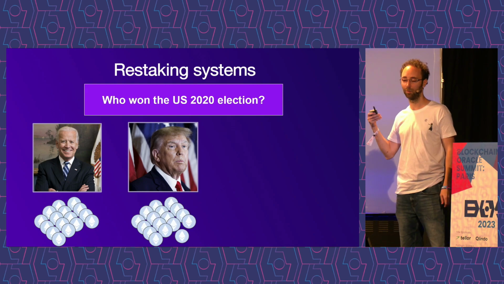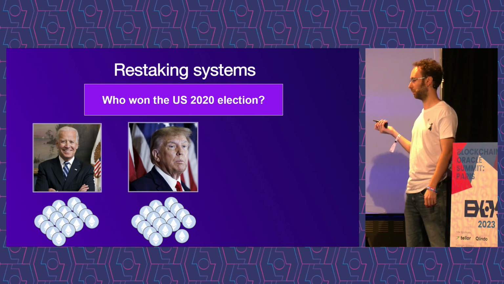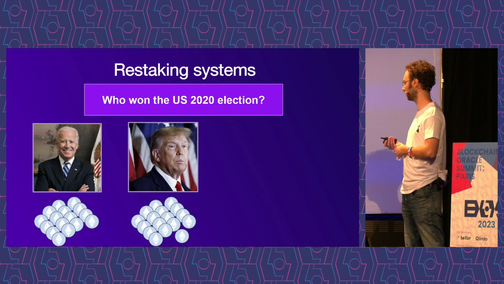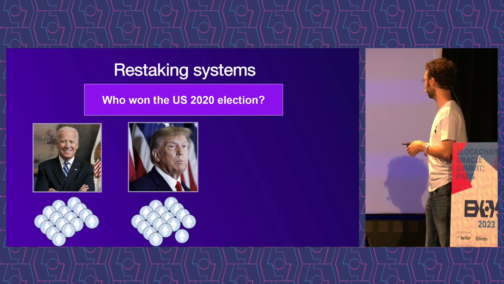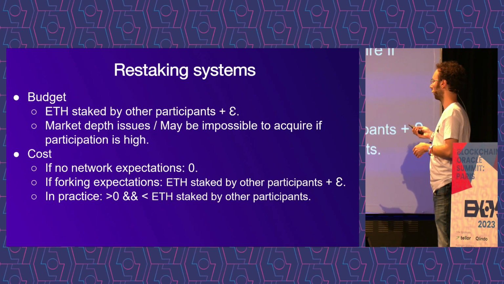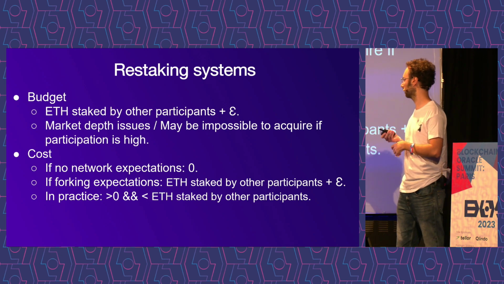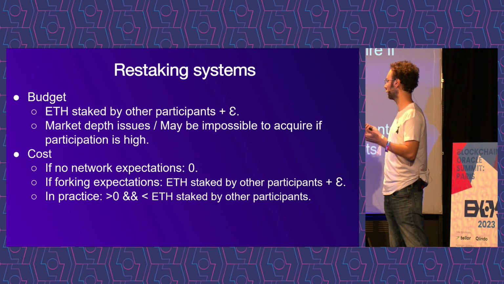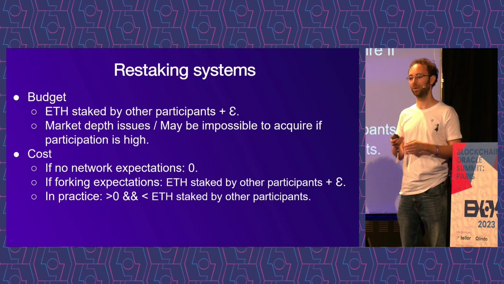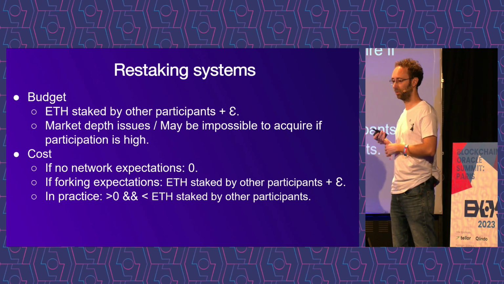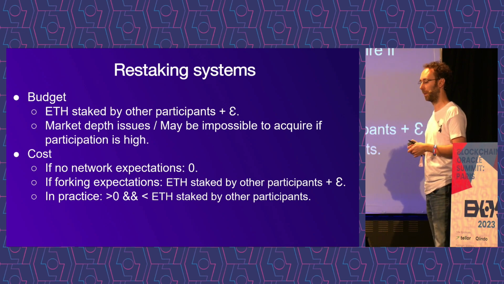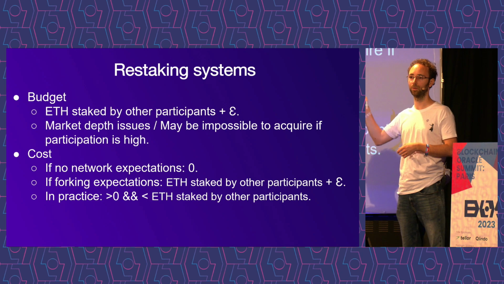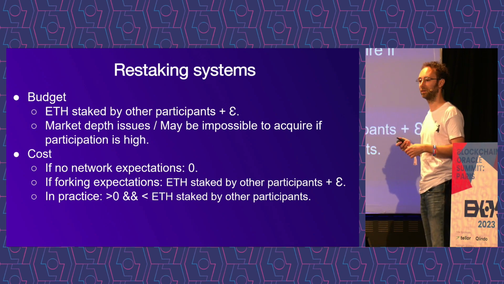Well, you need to get more validators participating, which are on your side and are being malicious, than the honest validators. So what is the budget? Well, the budget is a bit straightforward because you need to have more ETH staked and used in the system than other participants. That can be a very, very high budget. That's probably the method which is the best to increase the budget that attacks require